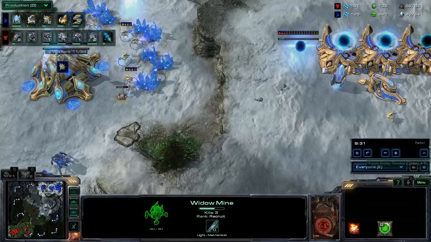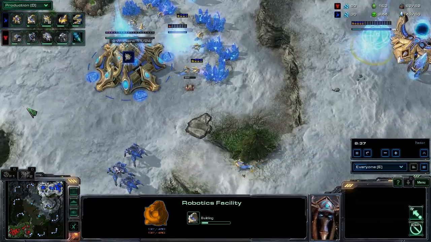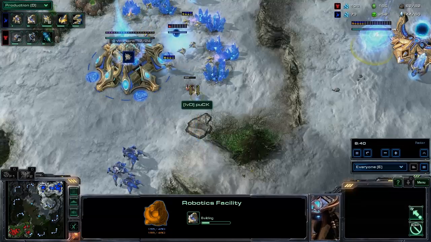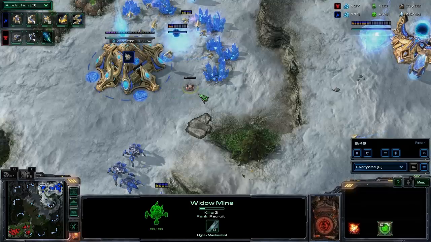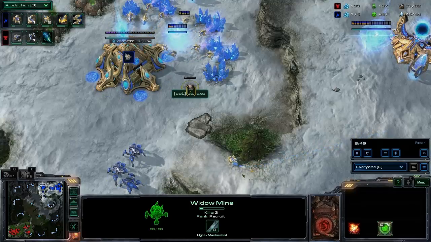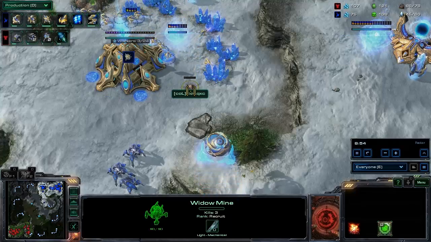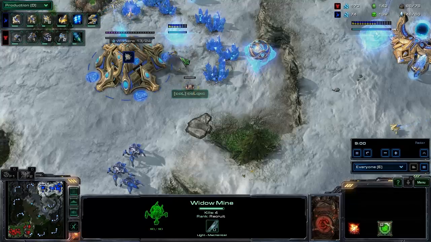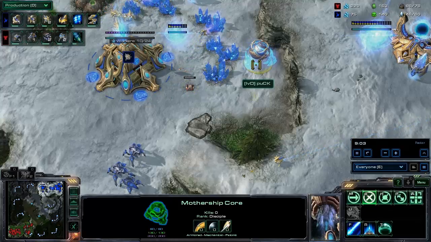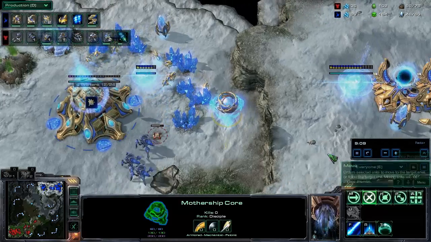And now it's just a wait for when we have the robotic facility and the observer that comes out of that. And obviously, yeah, he needs to watch out. He knows when this probe died, so he knows that it's about to come back up, and it is going to die. Yeah, he wanted to do that with the mothership core, I think,